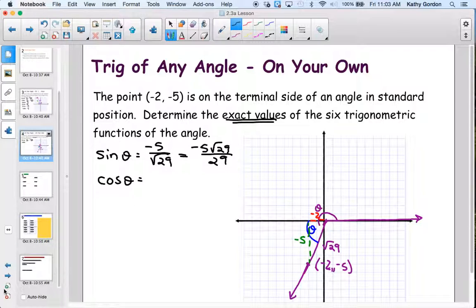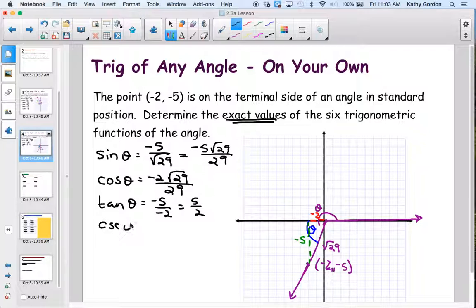Cosine theta. Harry. -2 square root of 97 over 97 up 29. Okay. So that's already been fixed for us. Tangent of theta. Mackenzie. -5 over -2, which I can actually clean up a little bit and say just 5 over 2, because those negatives are going to become a positive. Okay,